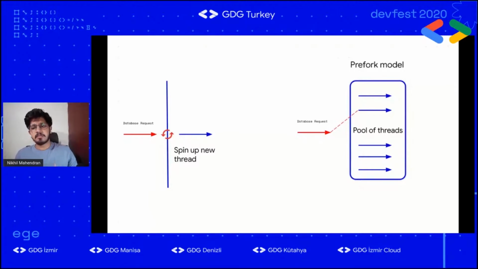As a developer, when you set up the driver, you can set some parameters like the minimum number of threads and the maximum number of threads the pool can have. When you have a high query per second for your application, it is recommended that you increase the maximum pool size. So this is all about database pooling.